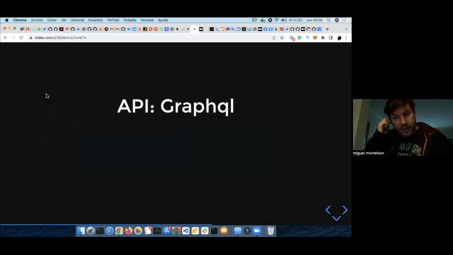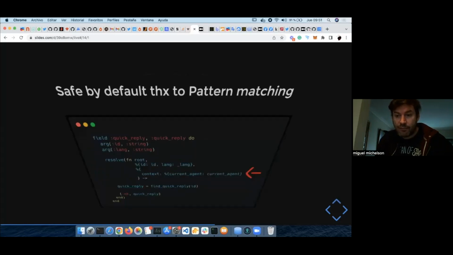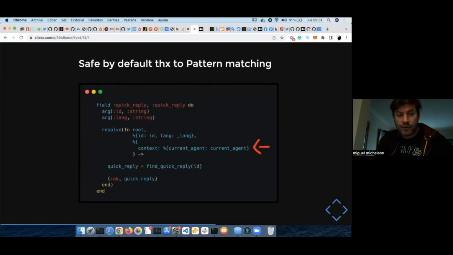So, the GraphQL API. Now that I had my service objects done and my model layer baked up, it was time to implement the API endpoints that will bring the app to life. The good thing about GraphQL in the Elixir version is that pattern matching, a feature included in the language itself, makes the implementation really secure by default.